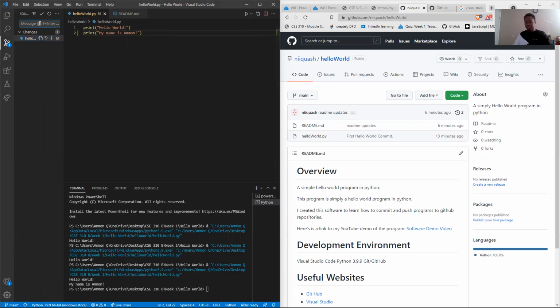I'm going to say name update. I'm going to stage the changes here and I'm going to commit. Once I've committed, I'm going to push it to GitHub. So I'm just going to click the three dots here and say push. And after a while, it should show up